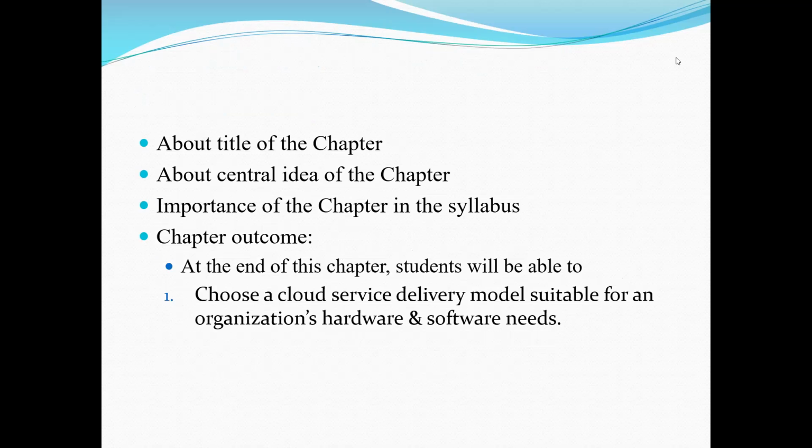And definitely, what is cloud computing? It is the on-demand availability of computer system resources, especially the data storage, that is cloud storage, and computing power, without direct active management by the user. So we can say that